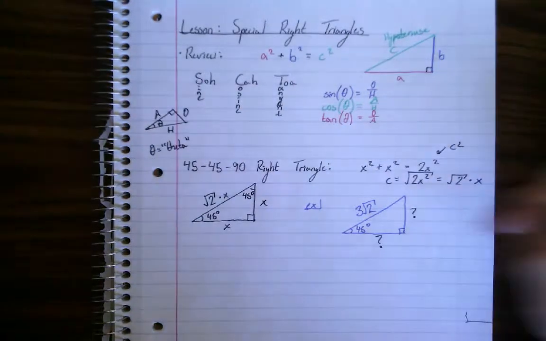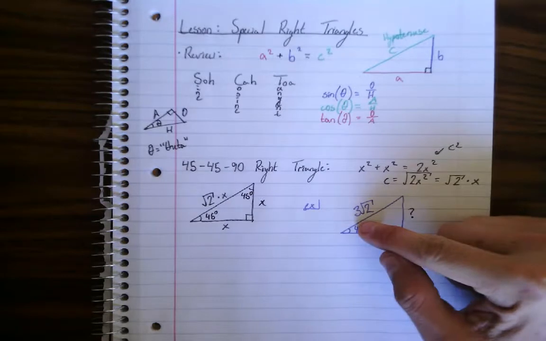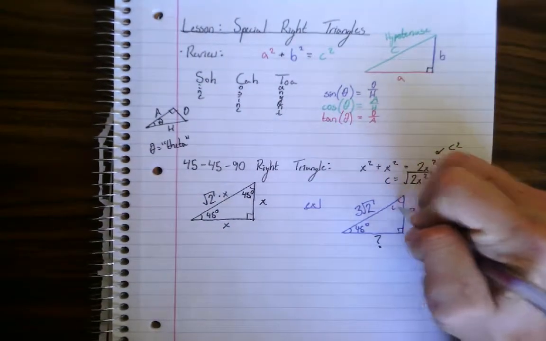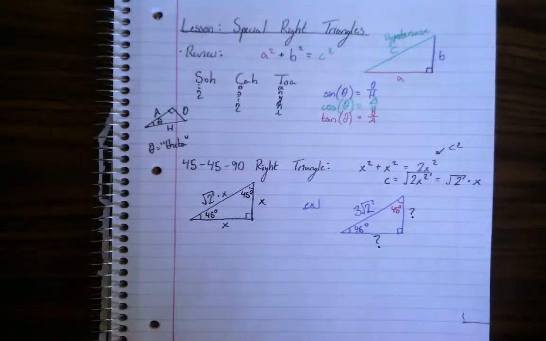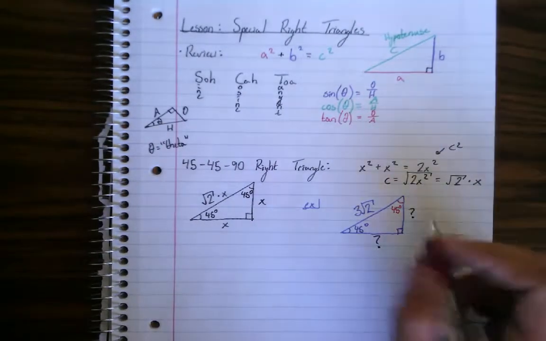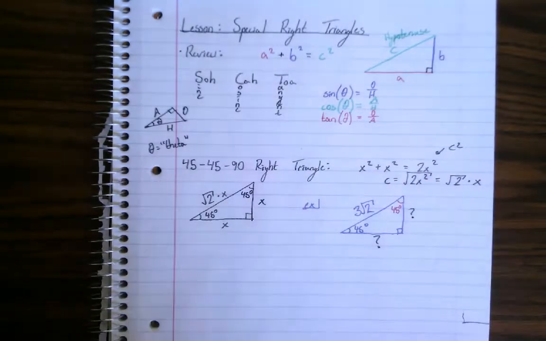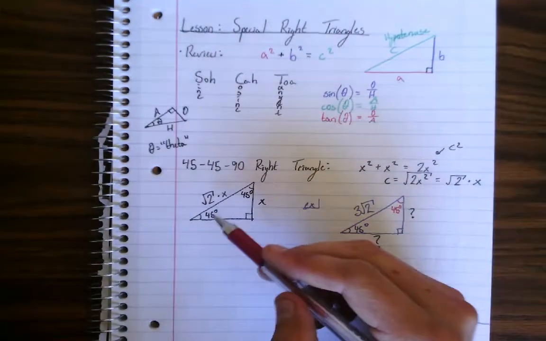Well, in looking at this, we know this angle is 90, this angle is 45, so this one also has to be 45 degrees because we know a triangle's angles add up to 180. So the sum of these three, 45 plus 45 is 90, plus 90 is 180. We're good to go. But look, we have our right